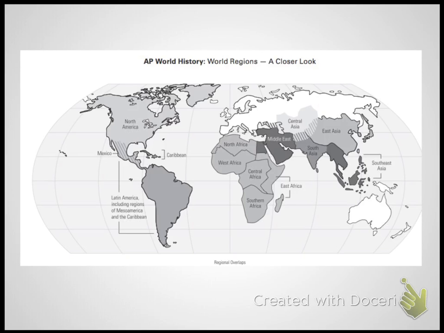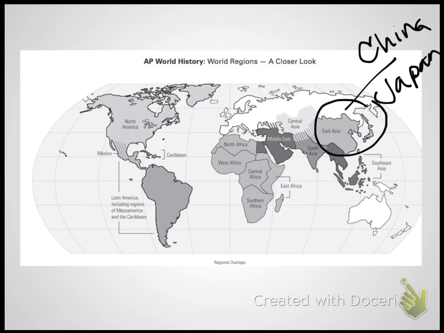So as we're looking at this, we want to make sure that we know ultimately East Asia is going to be China for us, and Japan is mostly what we're going to be looking for. So every time we say East Asia, think China and Japan. South Asia, then, we are mostly talking about India. Modern-day Pakistan is in that area as well, and then Afghanistan is kind of this overlapping area between the Middle East and South Asia and Central Asia. So just so that you're aware of that.